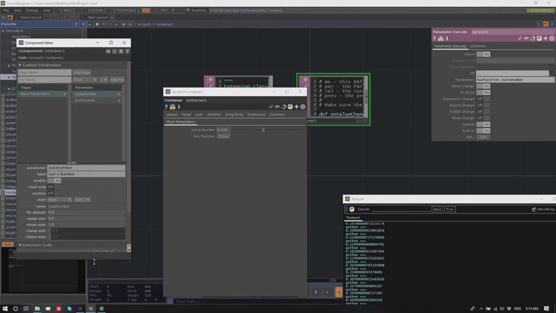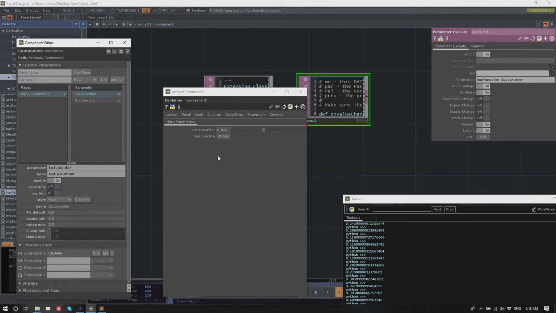Parameters, you have variations for them. You can make them disabled so that they can't be changed. You can make them read-only, which is different from them being disabled. And you can organize them a little bit by turning on the section.